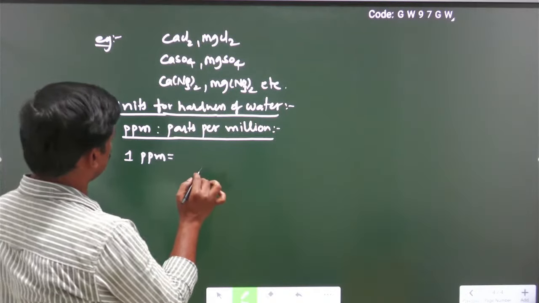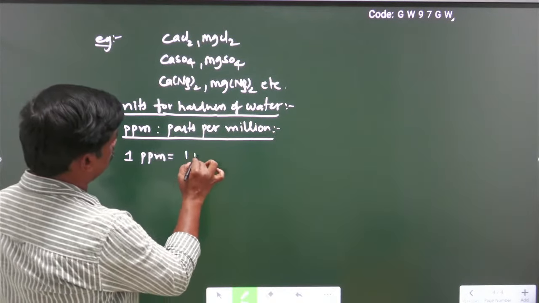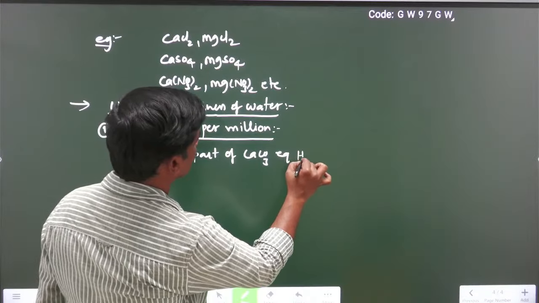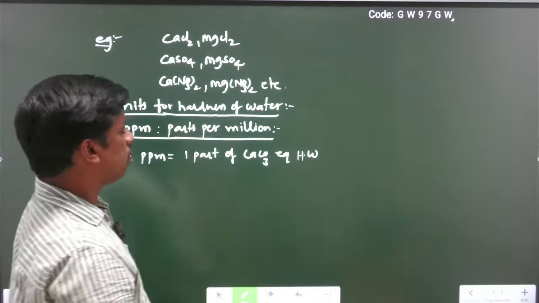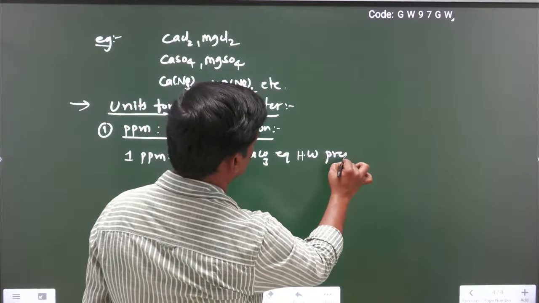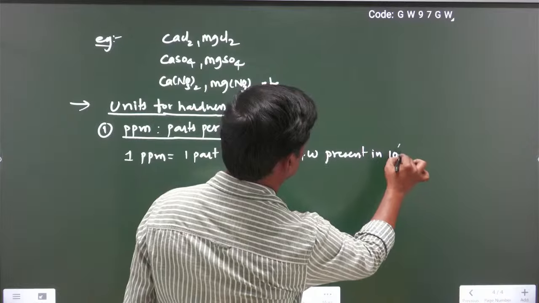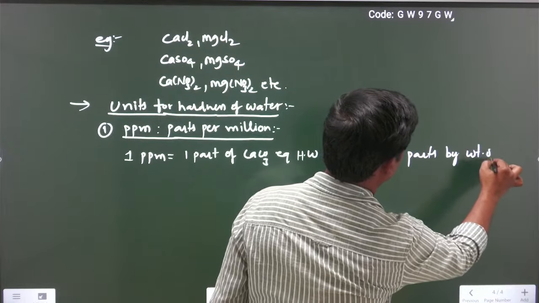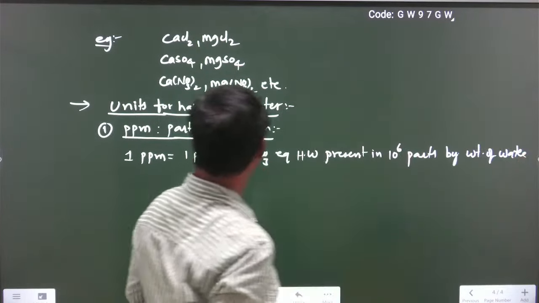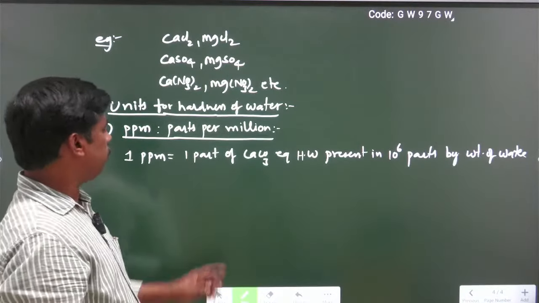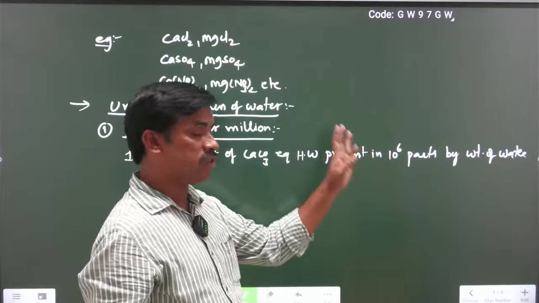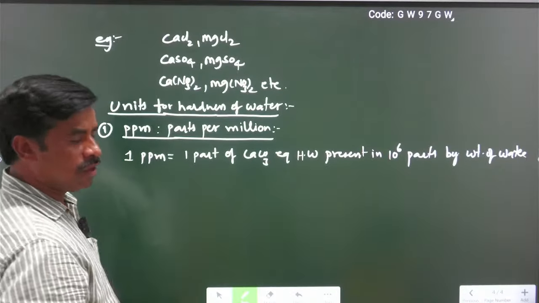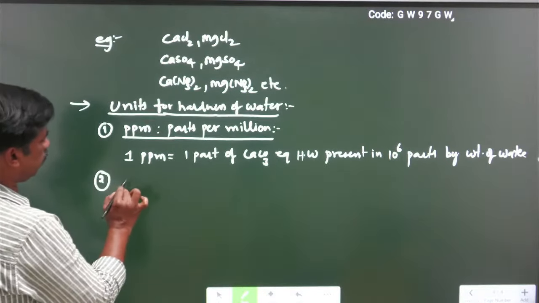Here 1 ppm is equal to 1 part of CaCO3 equivalent hardness present in 10 to the power of 6 parts by weight of water. What is the definition of ppm? 1 part of CaCO3 equivalent hardness of water present in 10 to the power of 6 parts by weight of water is called ppm. Next in a similar manner we have the second unit, milligram per liter,